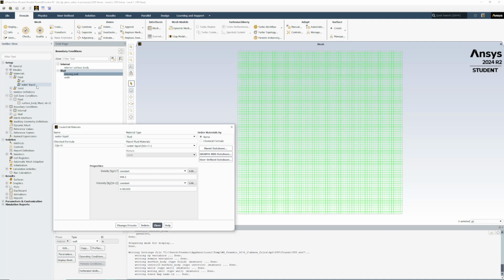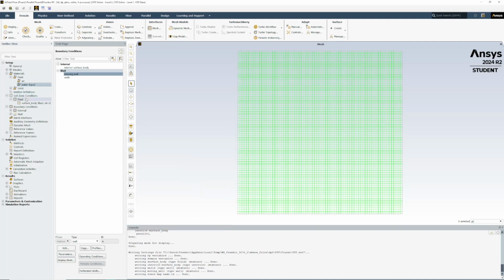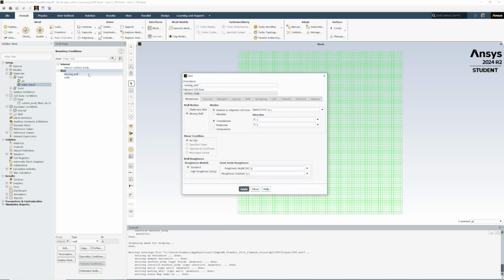Our other parameters for computing our Reynolds number are the velocity of the moving wall, which was 0.1, and our length, which is the length of the side of the cavity, which is 0.5,